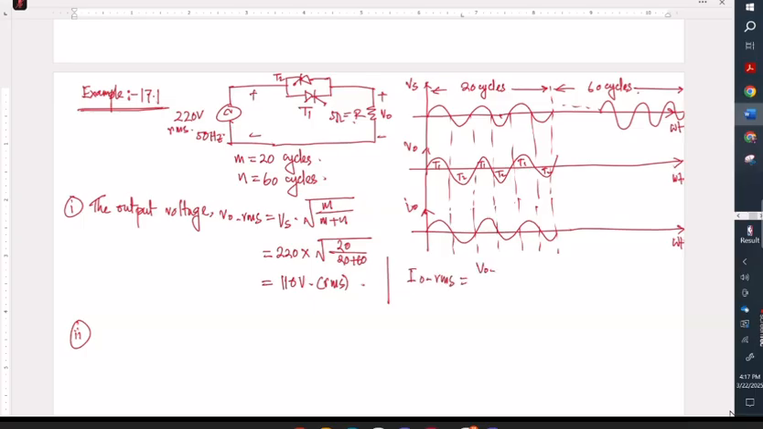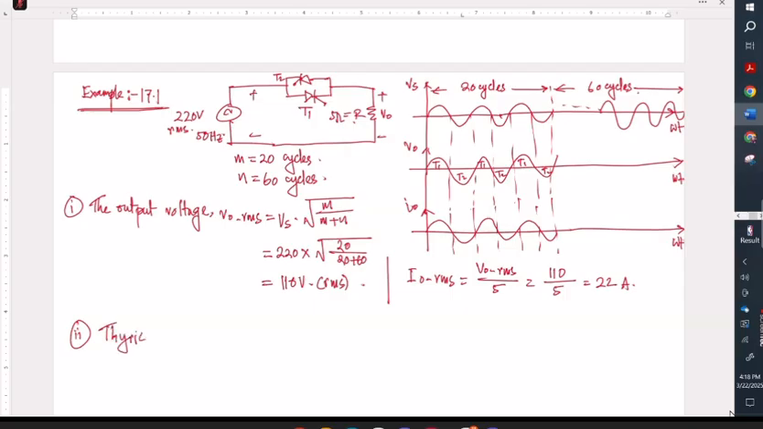It should be V naught RMS divided by 5 ohm, right? So 110 divided by 5, it should be 22 amps, right? Make sense? Any confusion? No, sir. Now, the second thing they wanted to see,